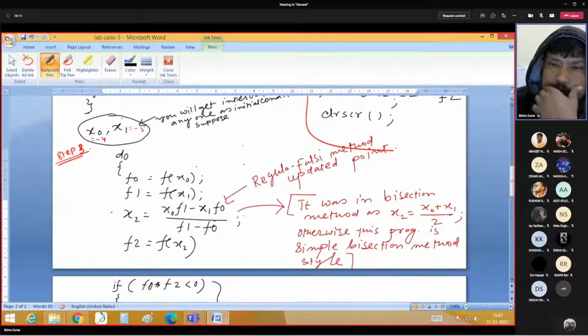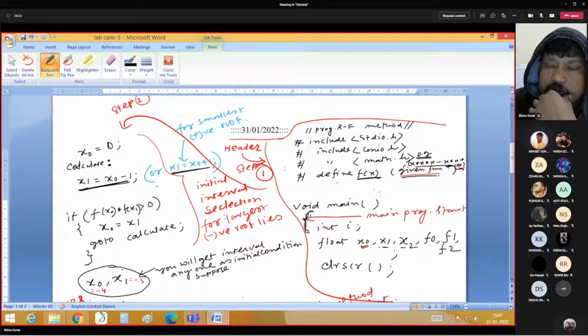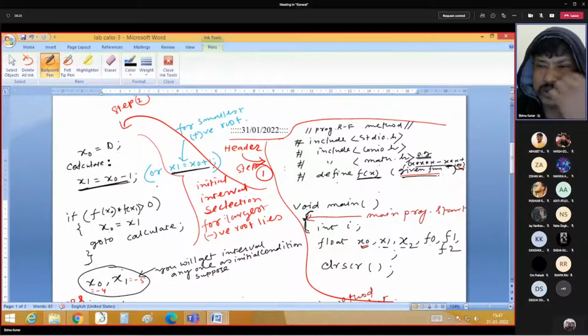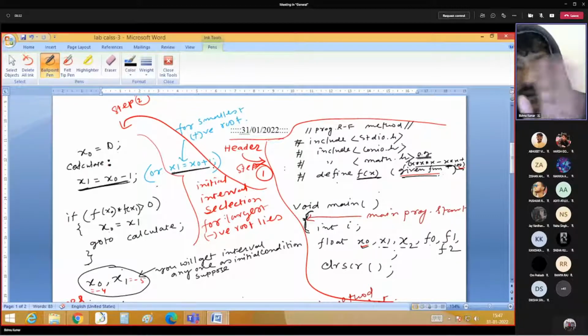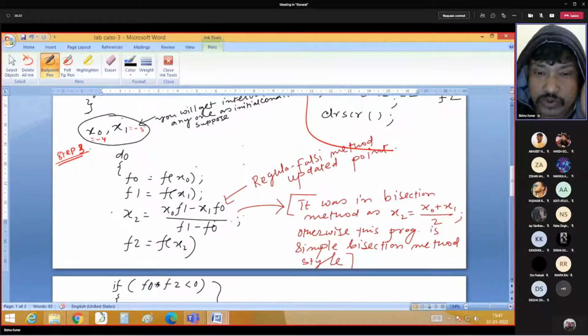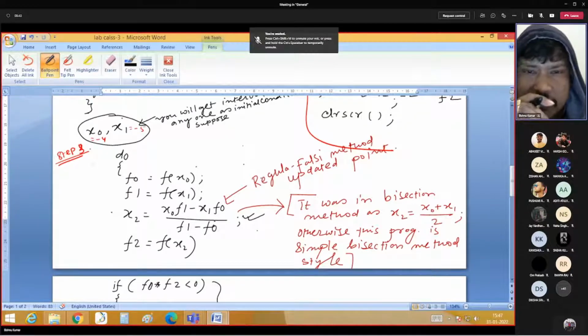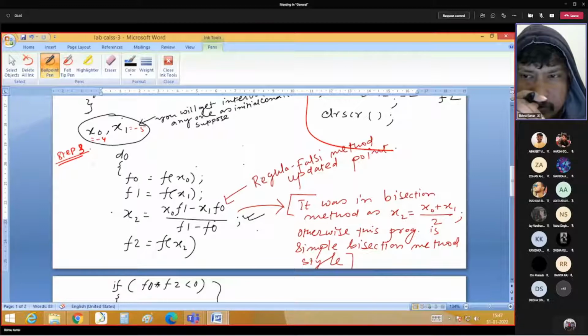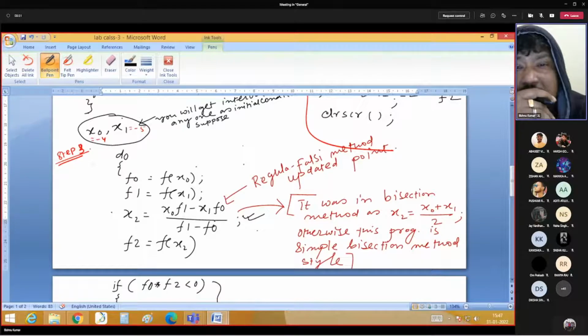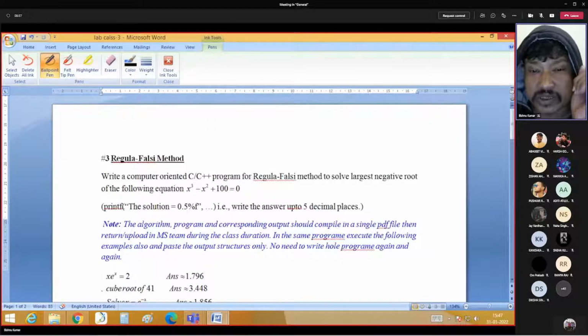Can you do it? Yes, sir, doing. If you have done the bisection method, I think in this method you will not get any trouble. Simply this portion is changing, that x2 calculation. Try to do this and complete it, and you should submit your file. Once you get the answer for this,